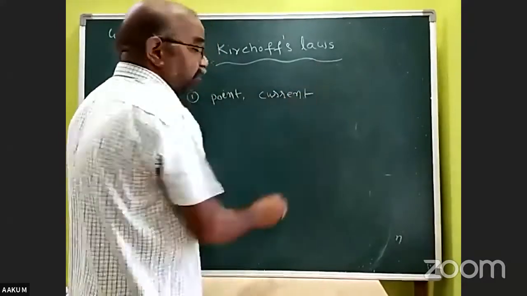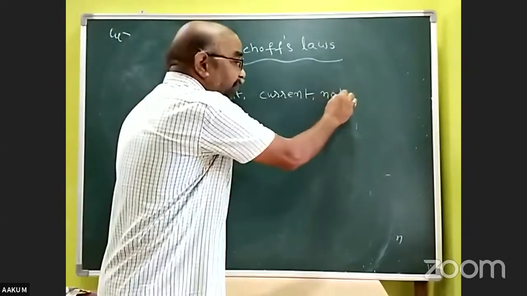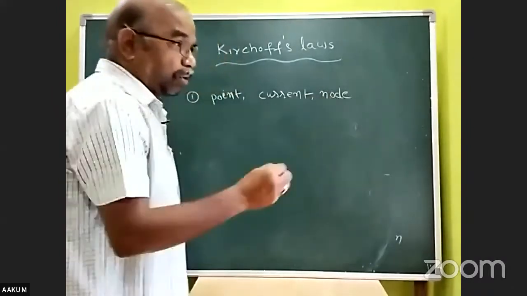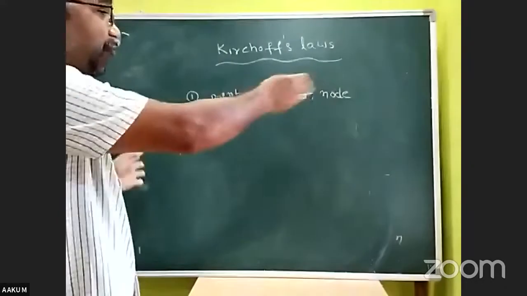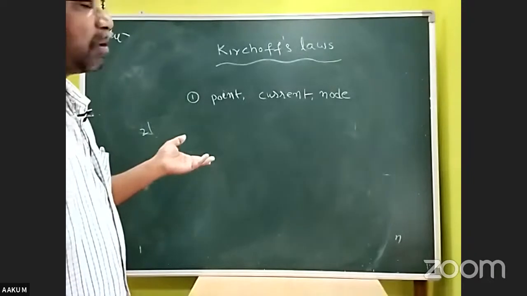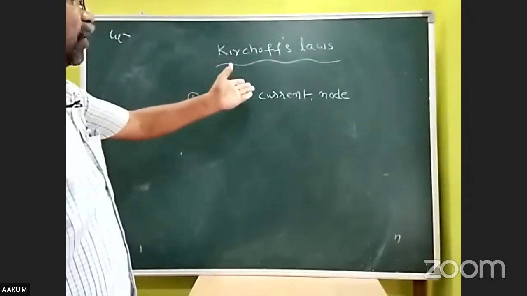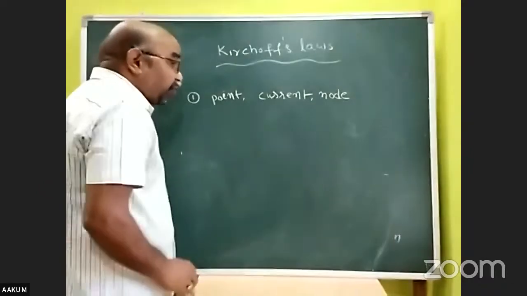Kirchhoff current law. It is also called the node law. Kirchhoff node law. Node law, point law, current law, whatever it may be. These are different names used in different textbooks for Kirchhoff's first law, right? This Kirchhoff first law states